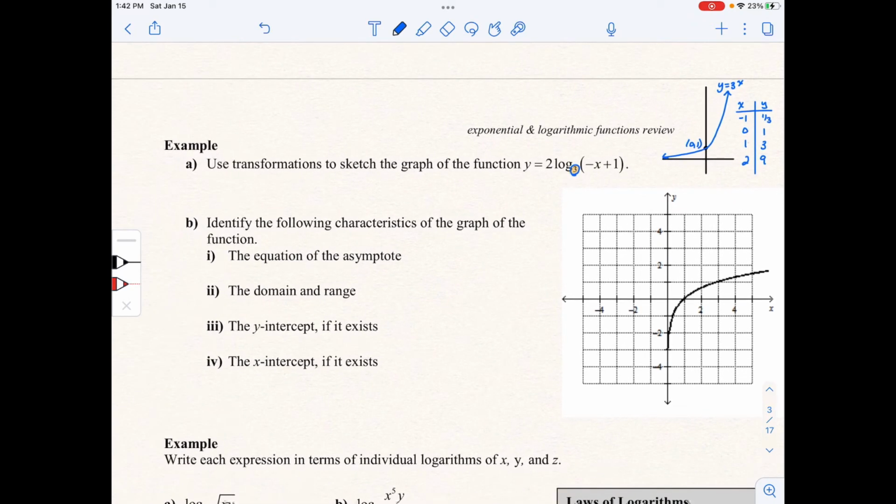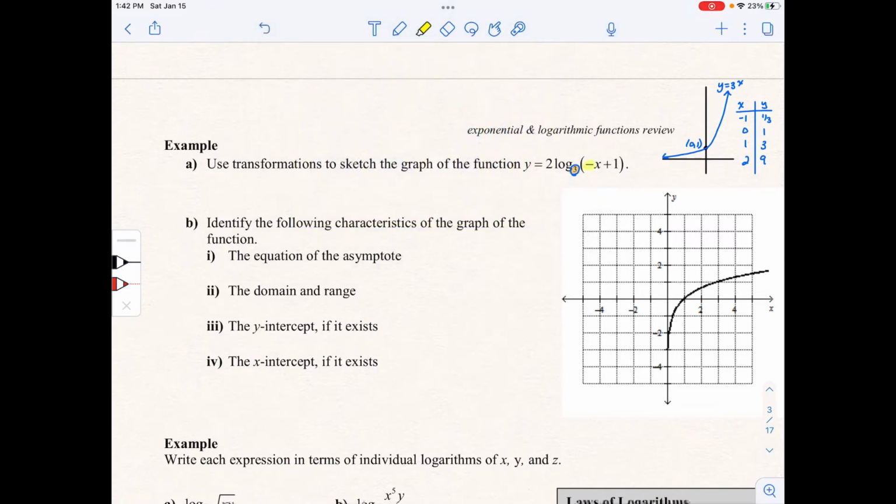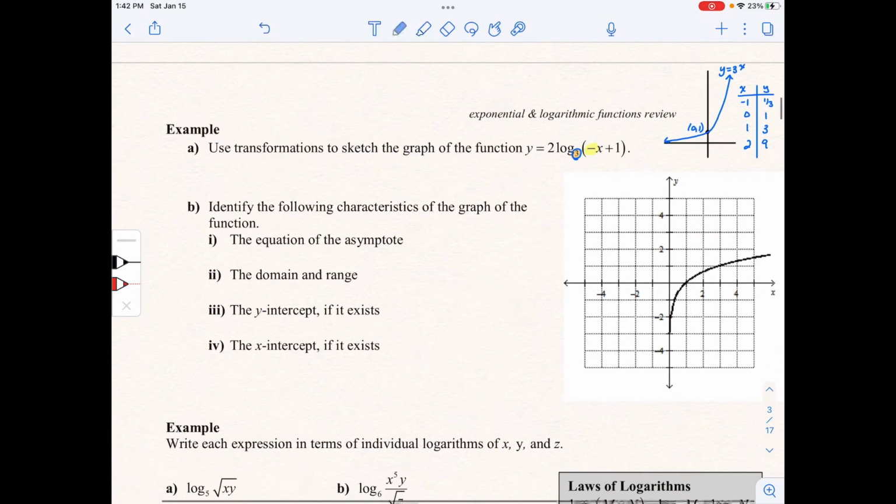So it says use transformations to sketch the graph of the function y equals 2 log base 3 of negative x plus 1. So one thing I remember right away is I need to factor out this value here, which we call the b value. Okay, so we're going to factor that out first. And so we get y is equal to 2 log of negative 1 x minus 1